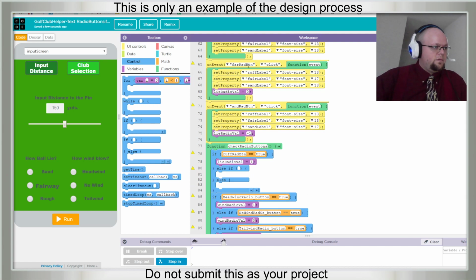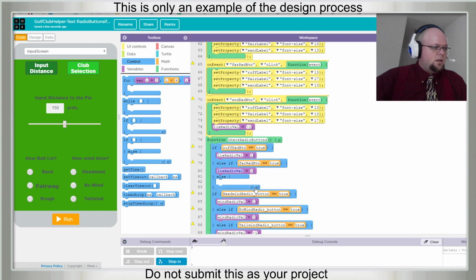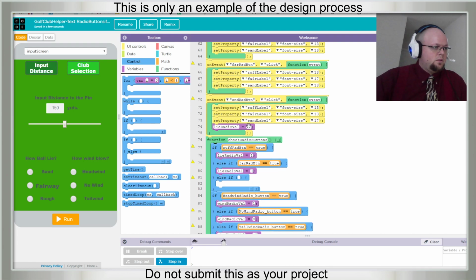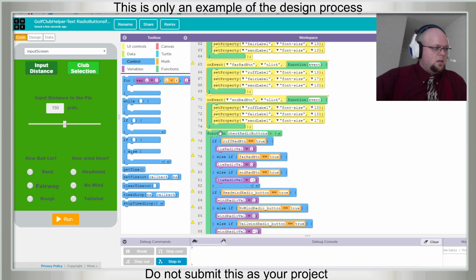Else if fair radio button double equals true, we don't change the club. Else if sand radio value equals true, then we take one away.